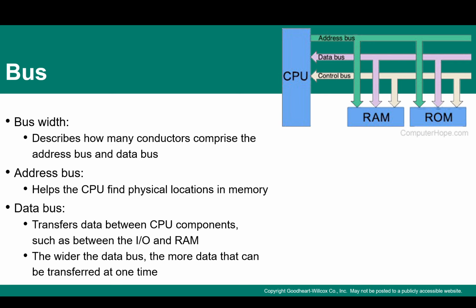Think of those blue boxes, CPU, RAM, and ROM, as houses. To send a mail package between them, you write addresses. That's the address bus. The data bus is the data inside the envelope, which has to be delivered to the destination. The control bus is the delivery mechanism, like DHL,